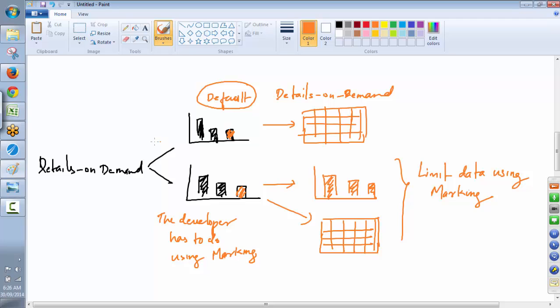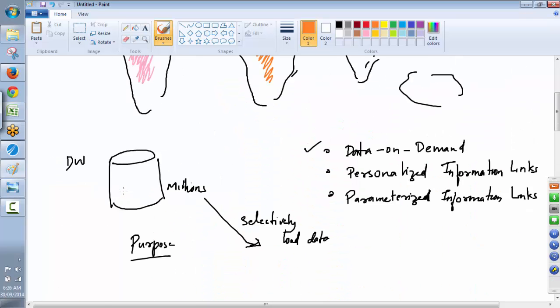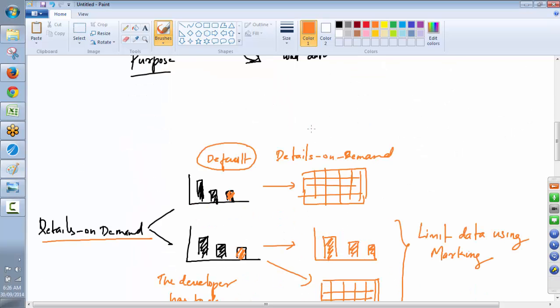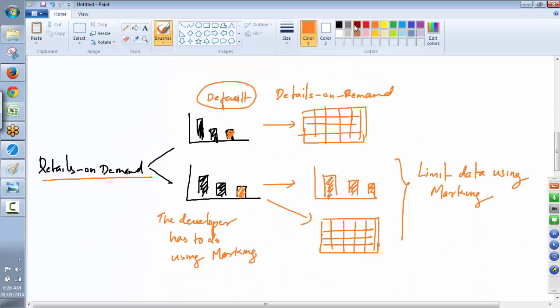So what we are going to discuss today is totally different from details on demand. Details on demand is different and data on demand is different. When you have data on demand, we create a normal information link and then add the information link as data on demand. I'll get to the workflow, but hear me out. What scenario do we use data on demand? So as details on demand is out of the way,